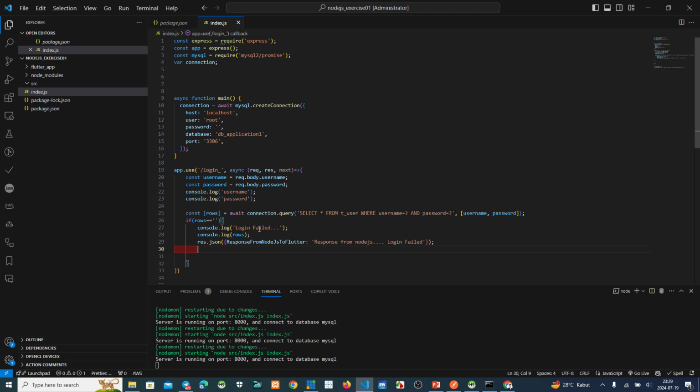If the rows equals blank, this is the information.